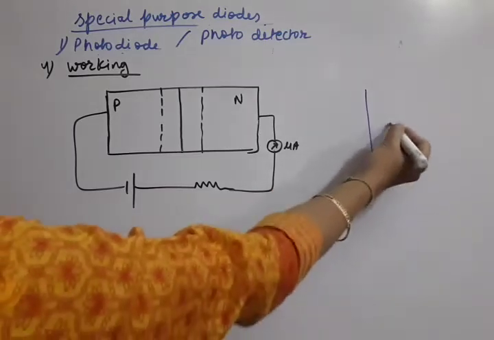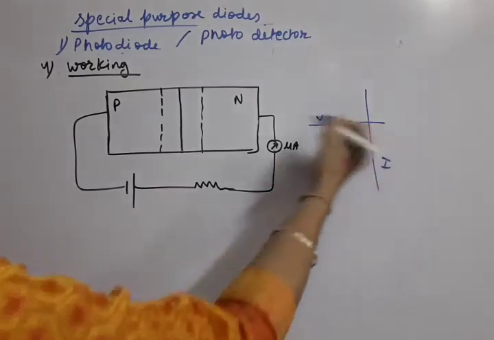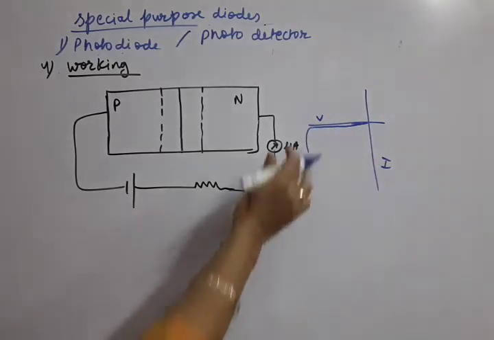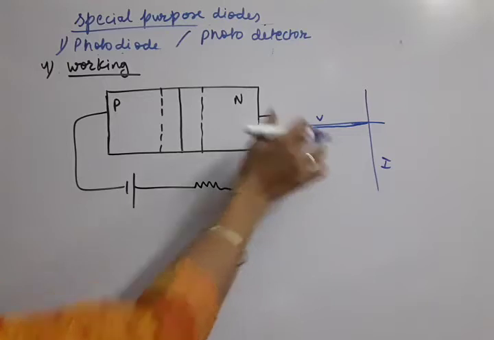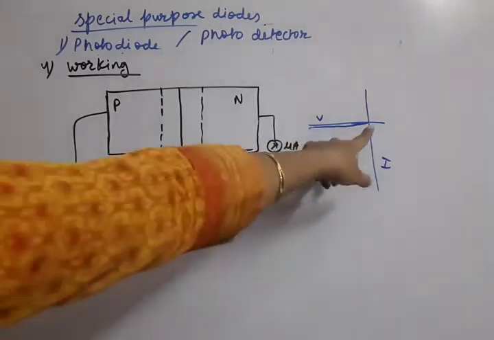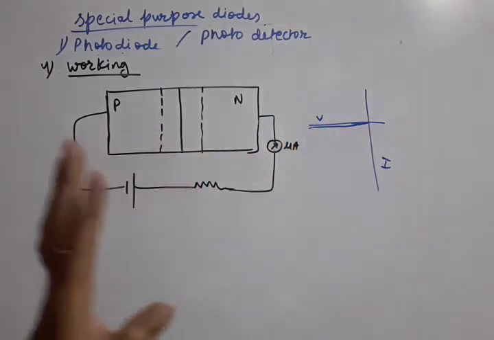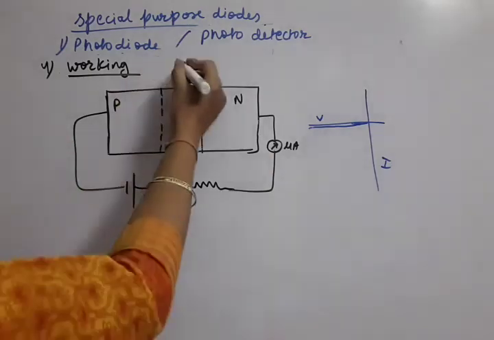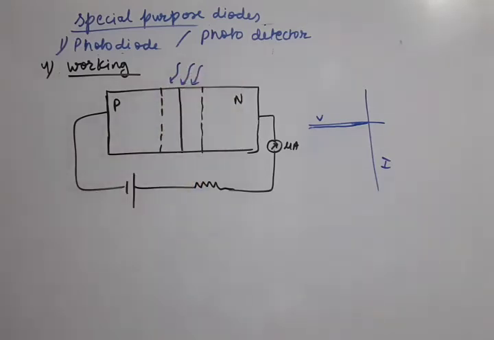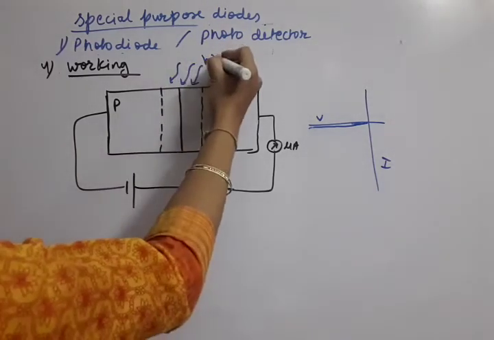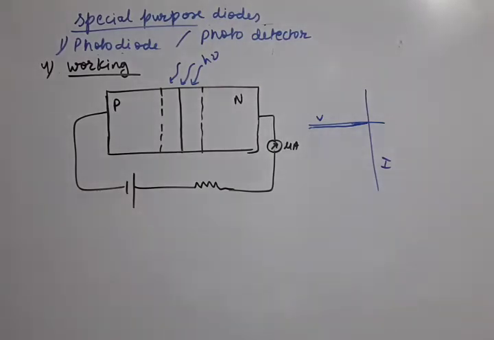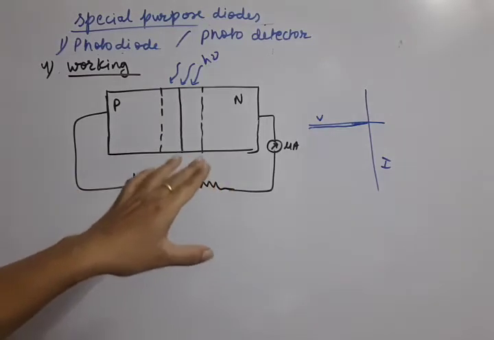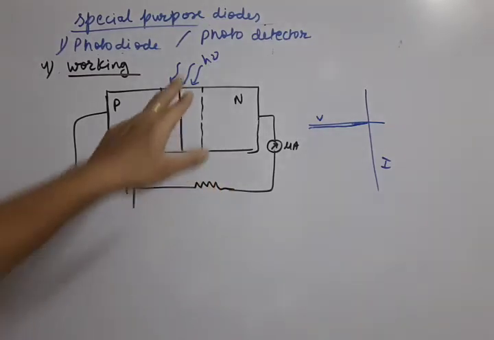If you see the graph of reverse bias between V and I, practically the current is 0, and after that it increases, but we are not going beyond the breakdown stage. So practically the current is 0 only. Now we should start falling light on it. As soon as we allow light, that is h nu energy, to fall on this PN junction diode, we know that this light can make an electron hole pair. But what should be the condition of this light's energy?